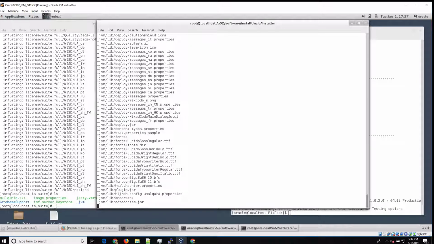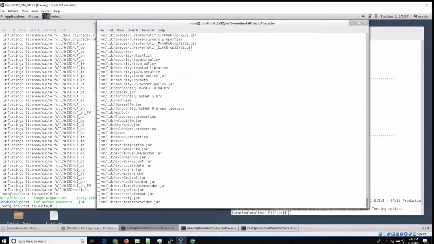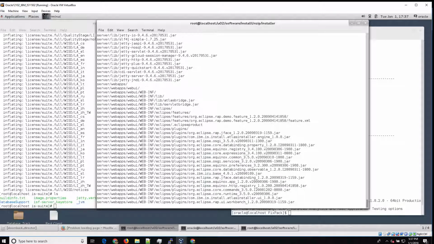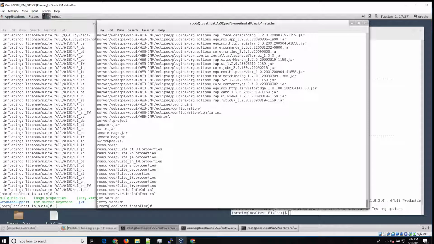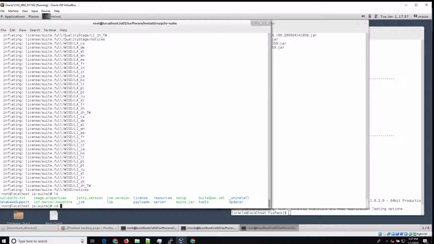Once we have that, we're going to have our installer runtime, which we're going to execute to update our installer to the latest release. If you're curious what the current version of the installer is, now that the untar process is complete, there's a script called updateimage.sh. This is what we're going to run to update our installer. The current version of the installer, if I go to IS home/updates,